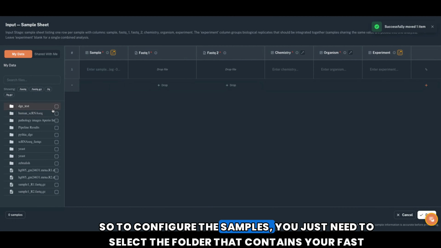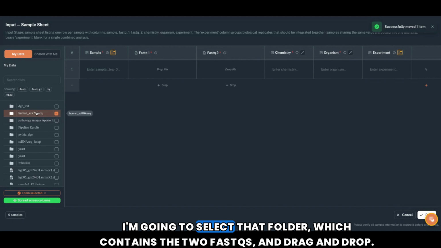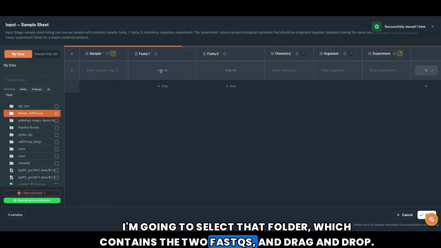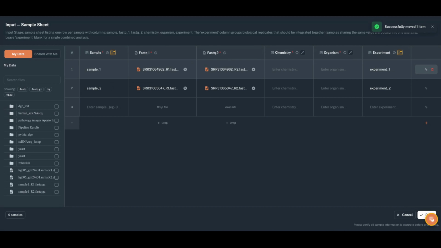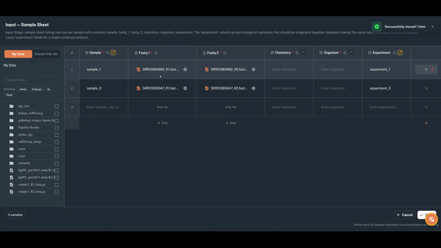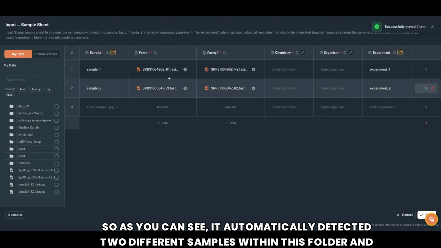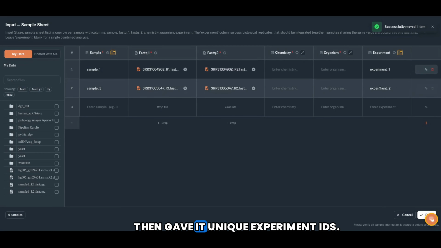So to configure the samples, you're just going to select the folder that contains your FASTQs. I'm going to be running the pipeline on the human single-cell RNA-seq FASTQs. I'm going to select that folder, which contains the two FASTQs, and drag and drop. Perfect. As you can see, it automatically detected two different samples within this folder, and then gave it unique